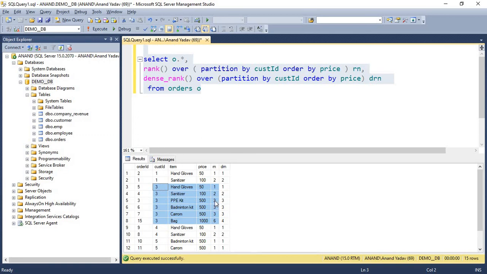After 3, the items that have the same price get the number 3, 3, 3, and the next item has the number 6. But dense rank assigns 3, 3, 3 for the same price, and when there is a next price it gets the next number, so it continues the sequence. I hope you have understood the concept of rank and dense rank.